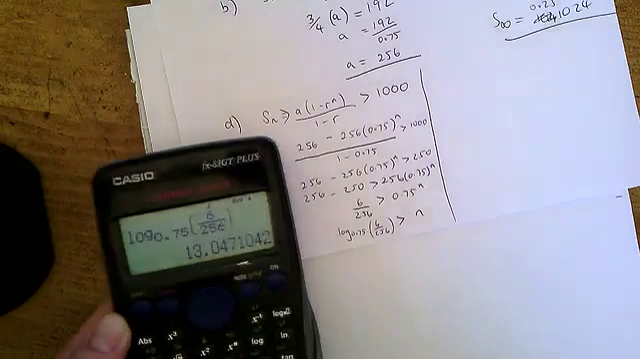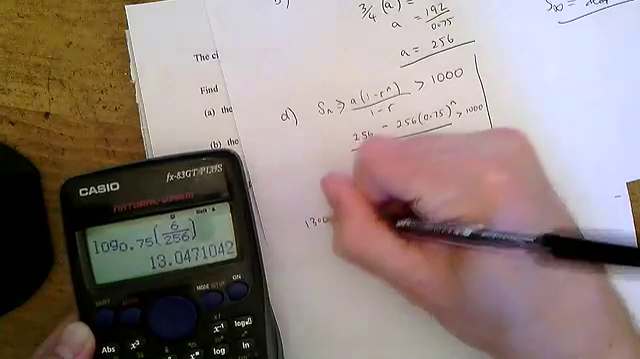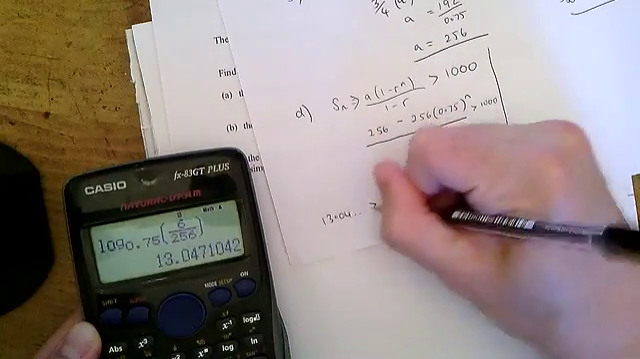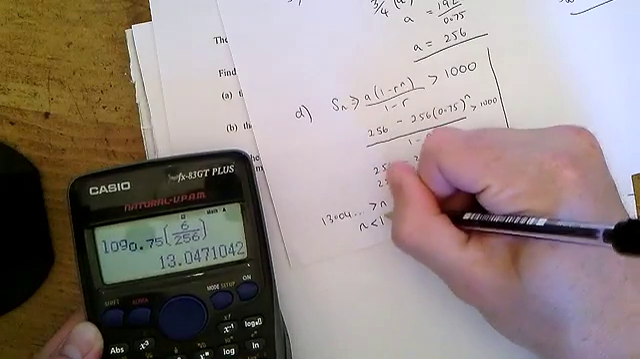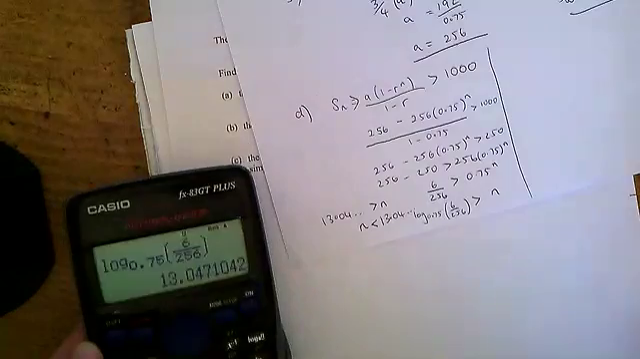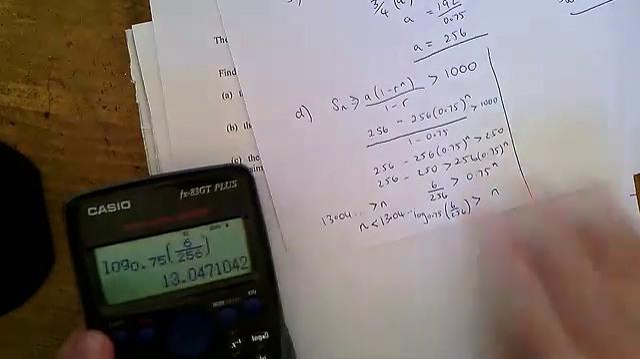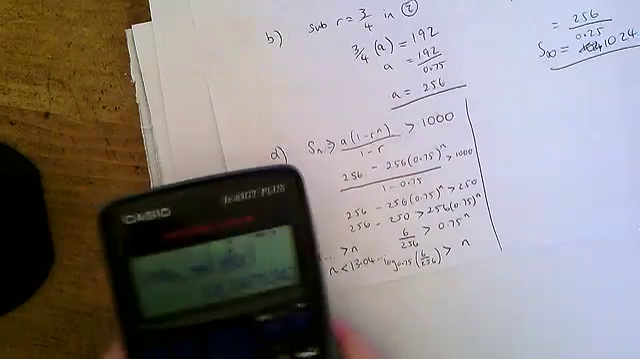So I get the answer 13.404... 13.04 is greater than n. Now I get the answer 13, so n is less than 13.04. Now, if I put a number that is less than 13.04 into this formula here, into this thing, so if I do